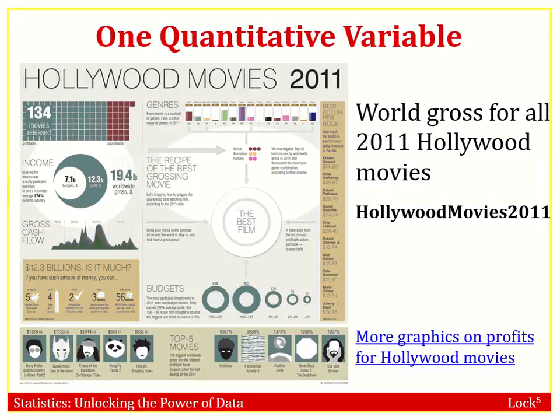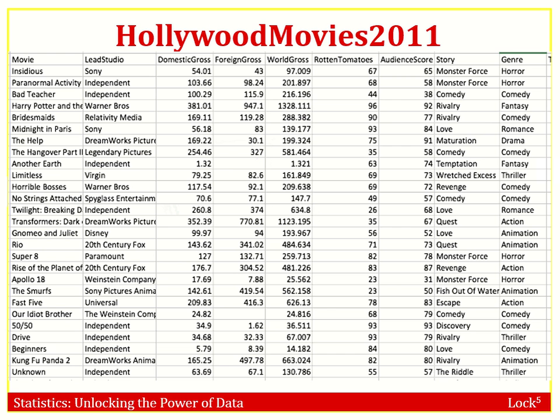So we're going to start off by looking at 2011 Hollywood movies. Now, here's an infographic on the left about that if you want to look at that more. However, we're going to focus mainly on this table. On the far left here, you have all the different movies listed. You have the studio that produced that movie listed. We have the world gross right here, and that's the one that we're really going to focus on for the most part